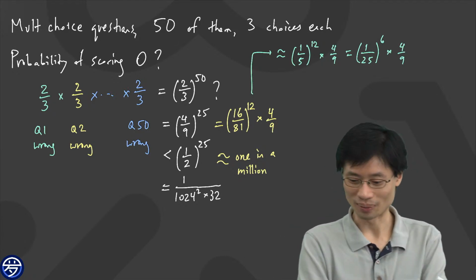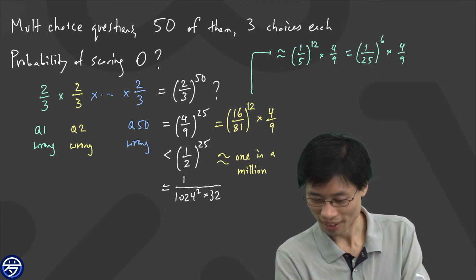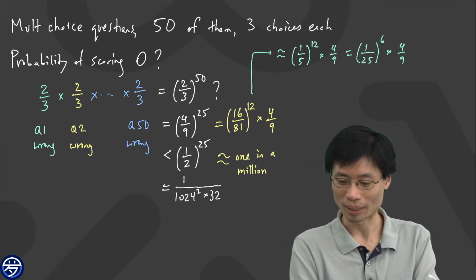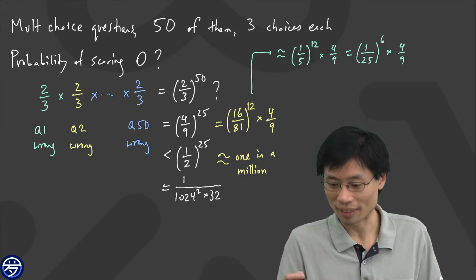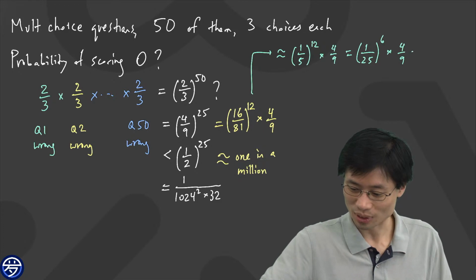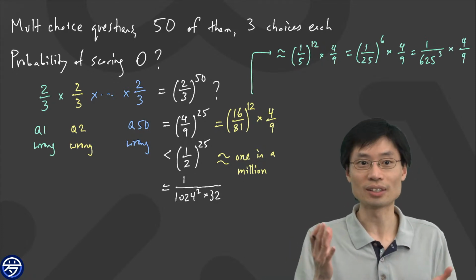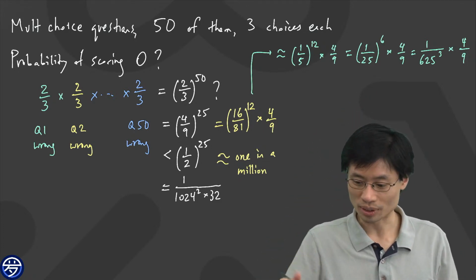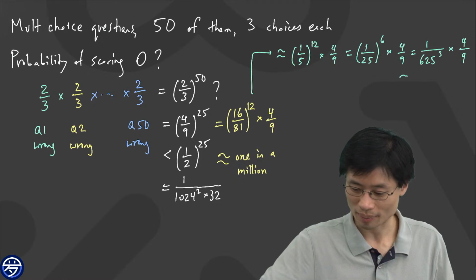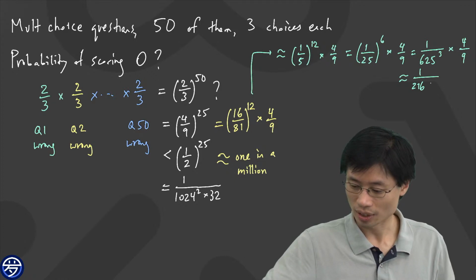Not really sure where I'm going with this. Not clear that's actually helping much. It looks like I would need to know what is 5 to the power 12 in order to do this properly. So I guess I have to know what 25 to the power 6 is. So that's equal to 25 squared is 625, so 1 over 625 to the power 3, and then times 4/9. So we're already getting close. So if I go and see about what this thing is, 625 cubed. 6 cubed is 216. Again, I'm doing lots of approximations. 1 over 216, and then